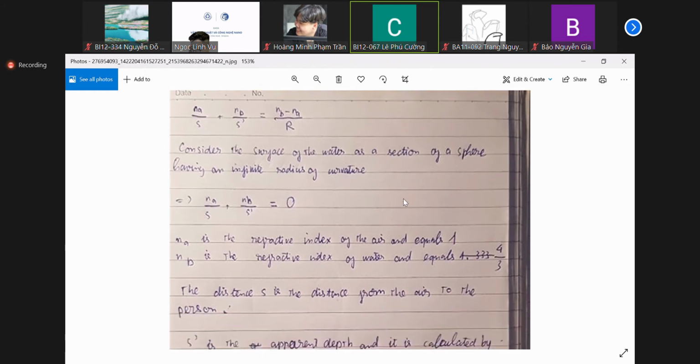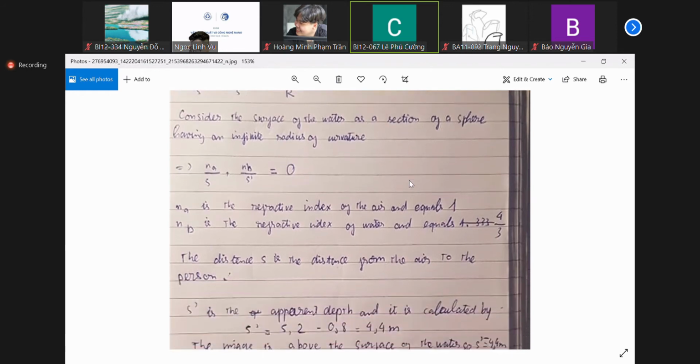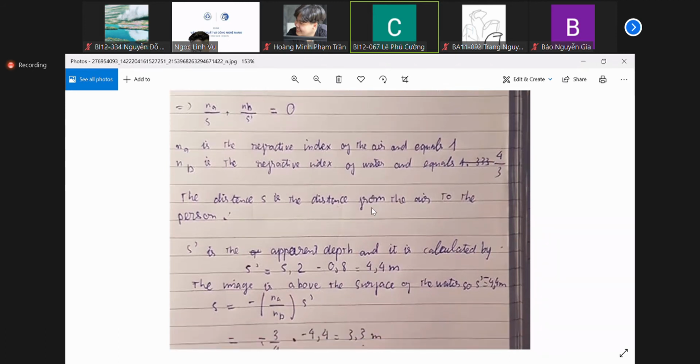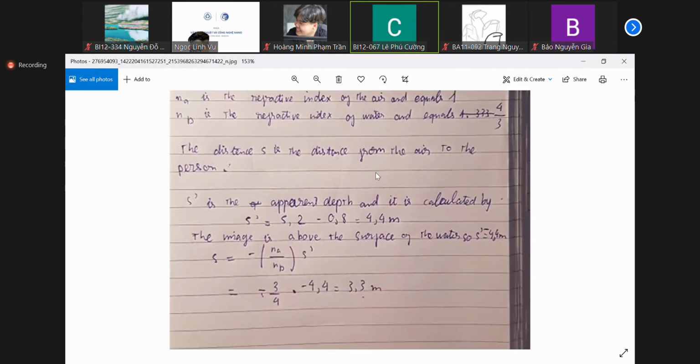So we have the formula nA over S plus nB over S' equals 0, with nA the refractive index of the air, equal to 1, and nB the refractive index of water, equal to 4 over 3. We calculate S